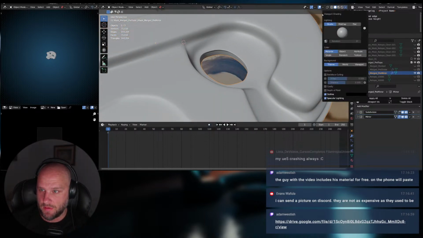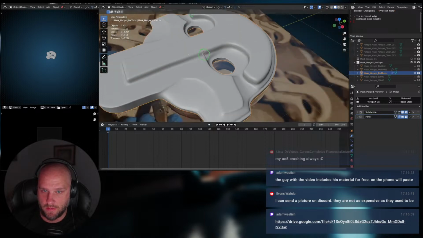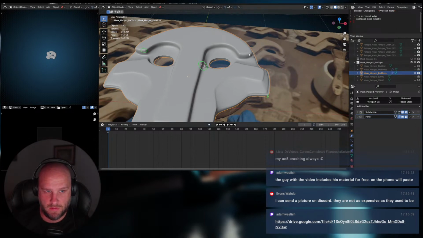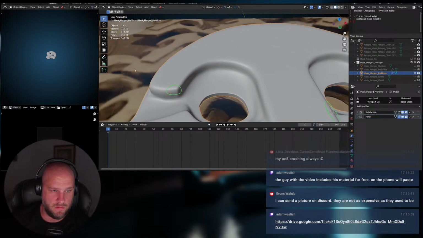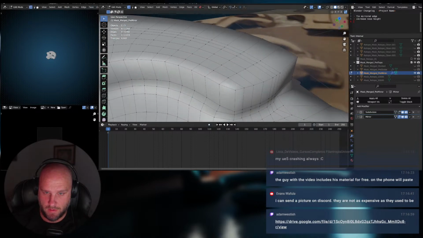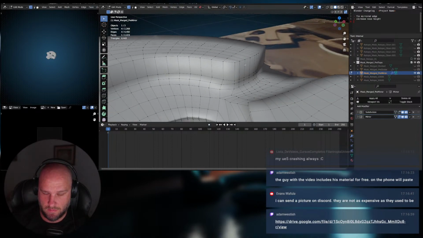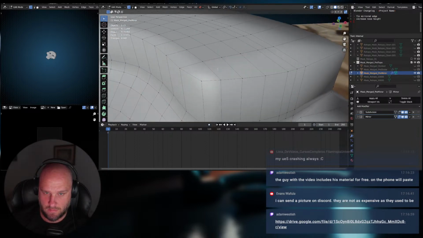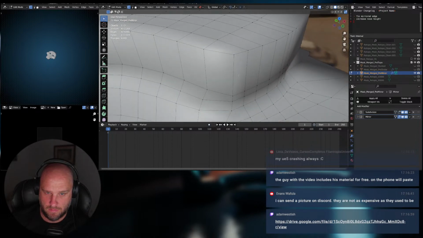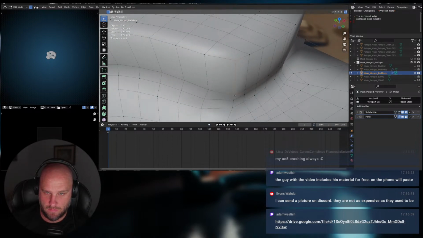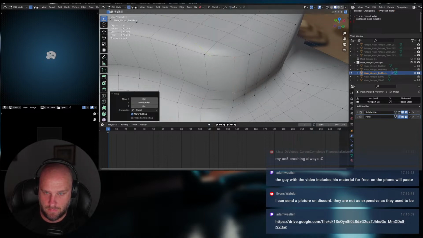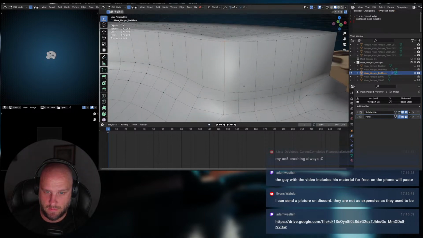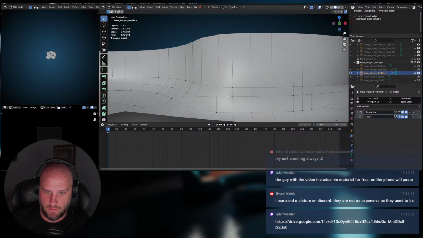Okay, so the other one that we had issues with was this. Okay, we have to go to this side. So it would be inside here. Yeah, okay. So what's the deal with this? It's a quad. It's a quad. It's kind of a weird angle, but